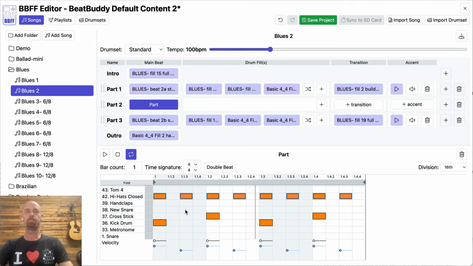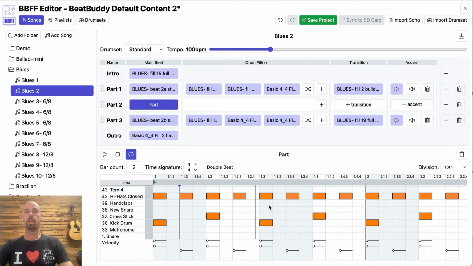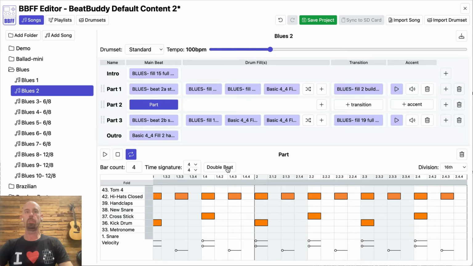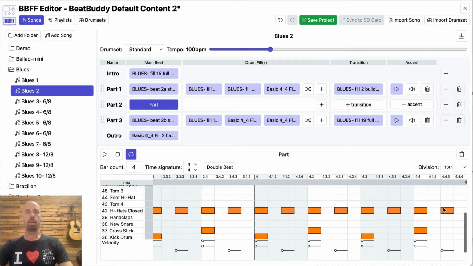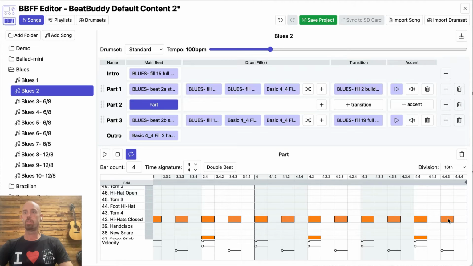Okay, sounding a bit better. Now, with this kind of beat, you generally want 4 bars, and we want that open hi-hat at the end. So all we do is double the beat. Now you can see it's twice as long. Double it again. Now it's 4 times as long. And right at the end, we can make this hi-hat open,